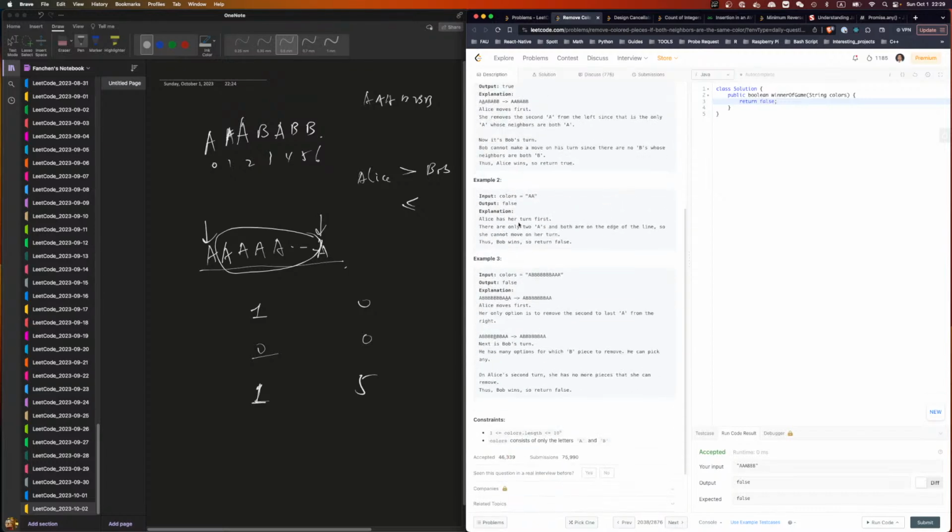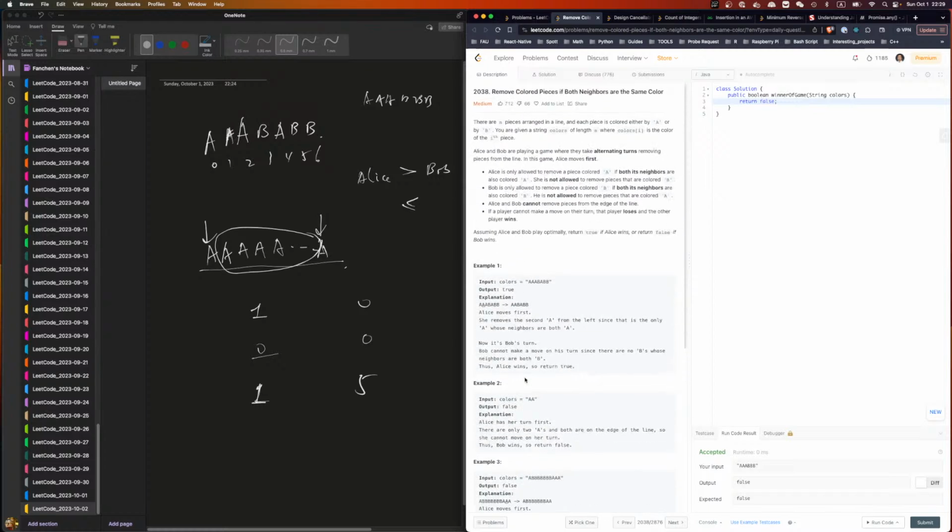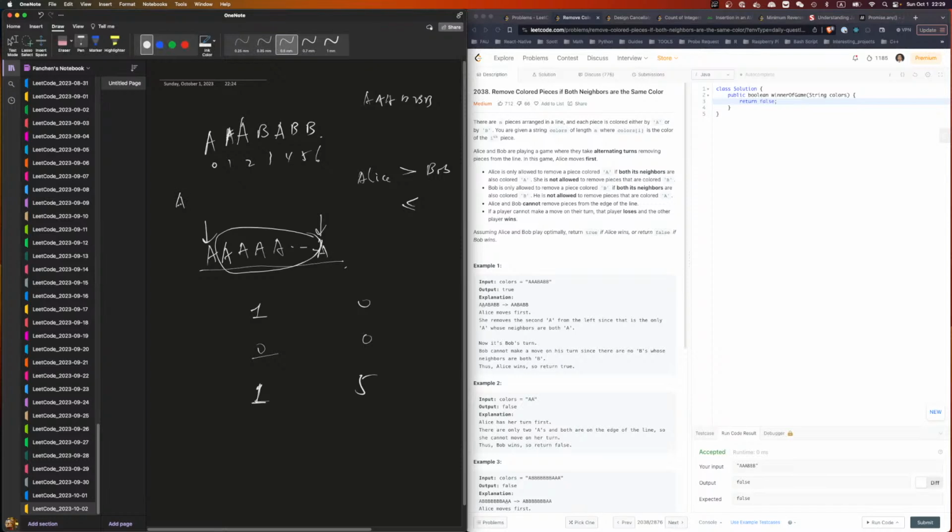You just go through the whole thing and count how many moves Alice can do, because it doesn't really matter. When you remove a piece, it doesn't change the shape of the colors. It has to be flanked by 2 A's, so the only thing you can remove is the middle. We won't have a situation where, let's say we have something like this, you can ask, can we remove this B so that Alice has more moves? You can't, because this B